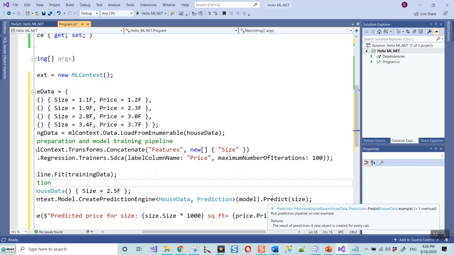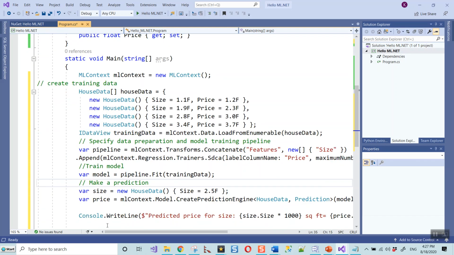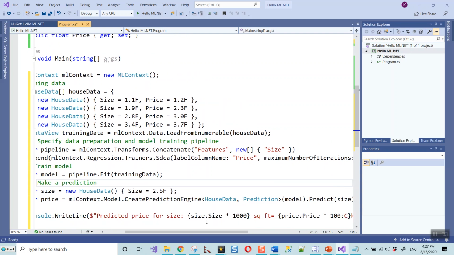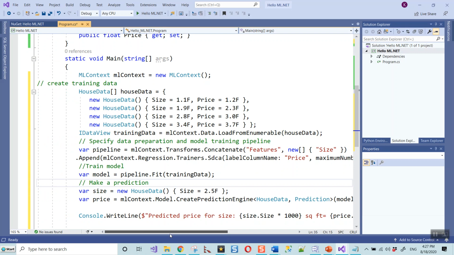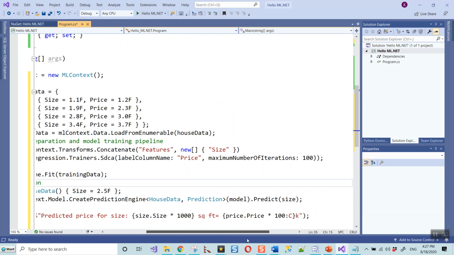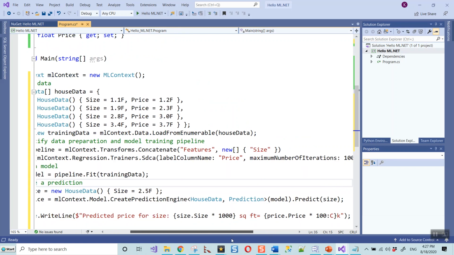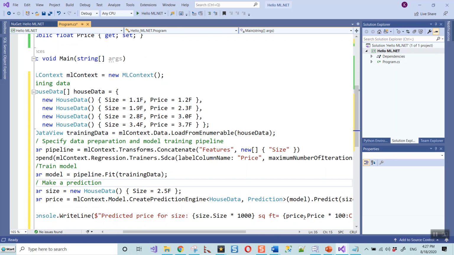On this prediction engine, we'll call the predict method and pass the size, and then this output will give you the predicted price for this size. The input size is 2.5 times 1000, that is 2500 square feet. The price is actually the prediction dot price.